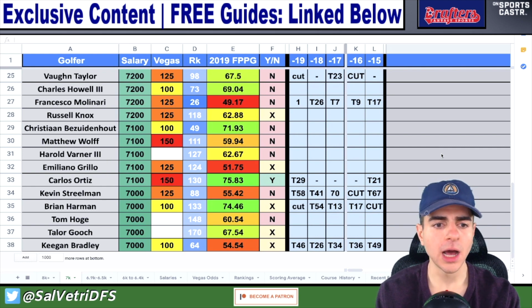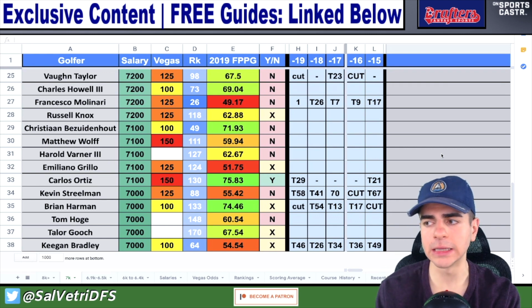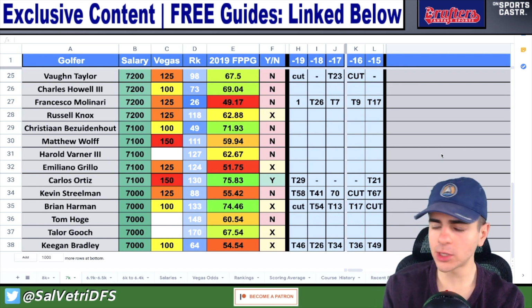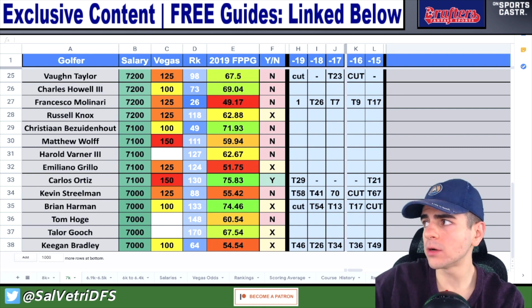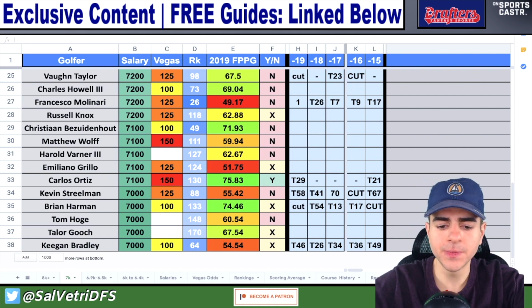Russell Knox, Grillo, Gooch, Keegan Bradley, Brian Harman. These are all guys down in this low 7K range that I think you could at least play. Maybe it takes some of the ownership off of Carlos Ortiz, but it's hard for me to at least not like Ortiz here. If I just pull up where he was last year at this event in 2019,